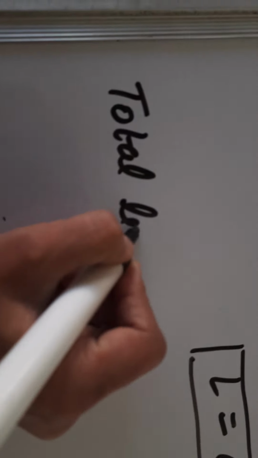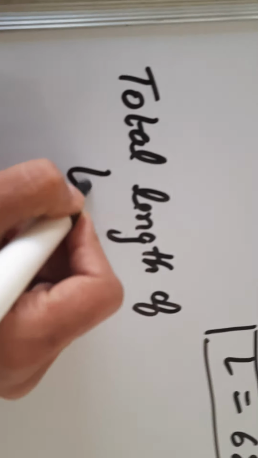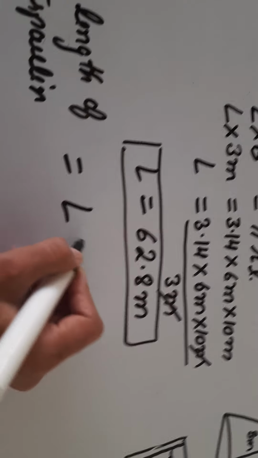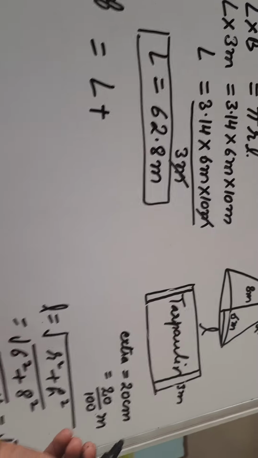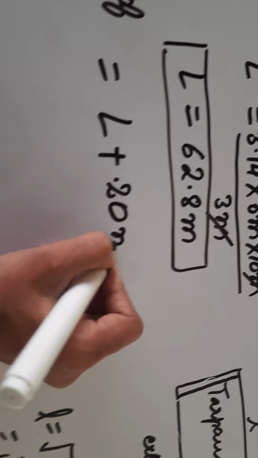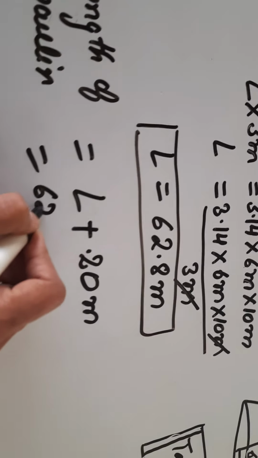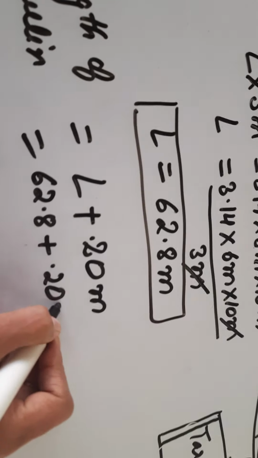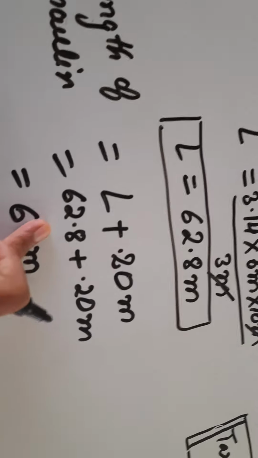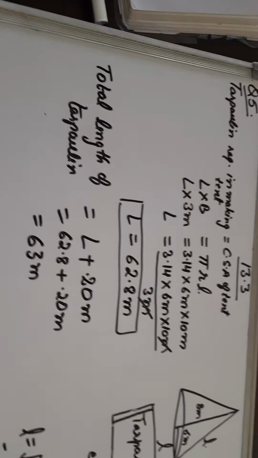So total length of the tarpaulin required: how do we get it? Total length of tarpaulin must be equal to the length which we can see on the curved surface area plus the extra part. So how much extra part is there? 20 by 100 means 0.20 meters, and the length we have calculated as 62.8 plus 0.20 meters. By solving it, you will get 63 meters of tarpaulin required in making this tent, including the margin